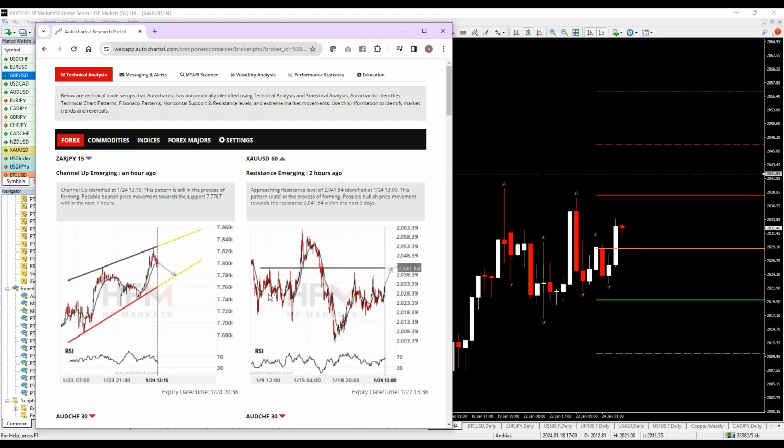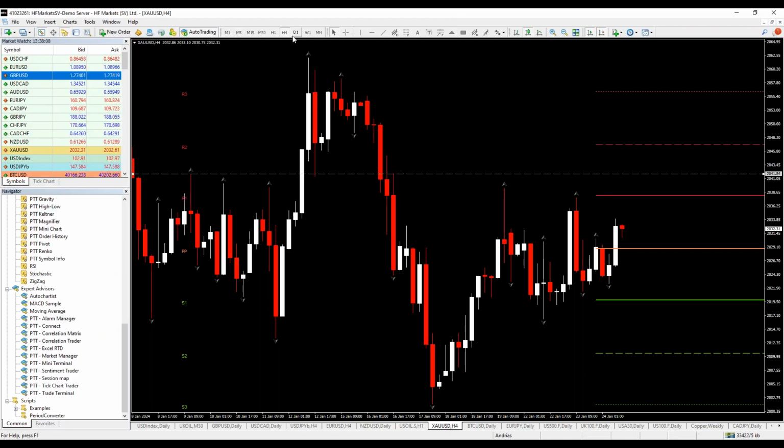Perfect. Let me read again. Resistance emerging. Okay, this is a key resistance level. It says that it's approaching resistance. So basically because it broke the pivot point of the day and it pushes higher, there is an expectation that it could breach again the 2041 level, which was retested